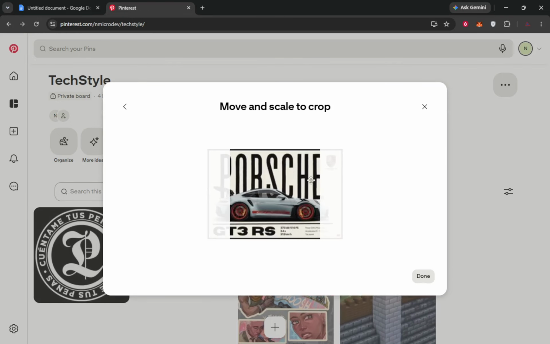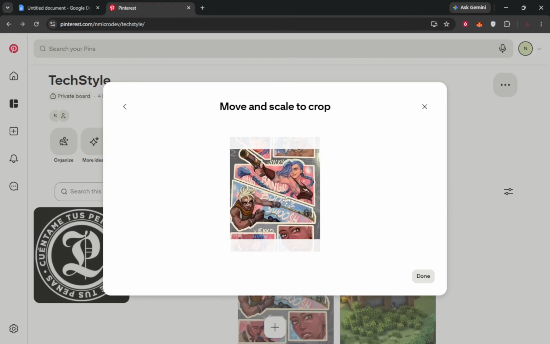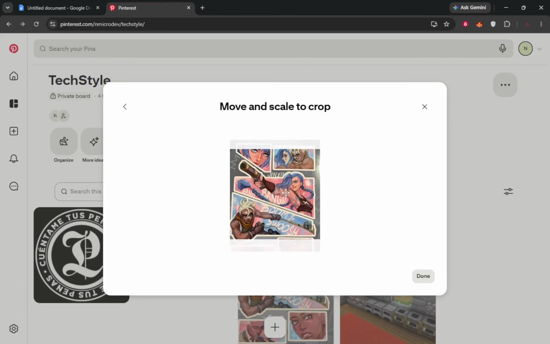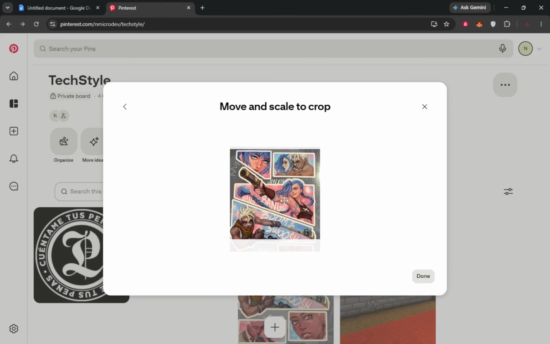Typically, Pinterest lets you pick one of the pins already saved to that board as the cover, so you might see a strip of images to choose from. On some devices or versions, you may also see an upload or select image option, which lets you bring in a picture from your device instead.